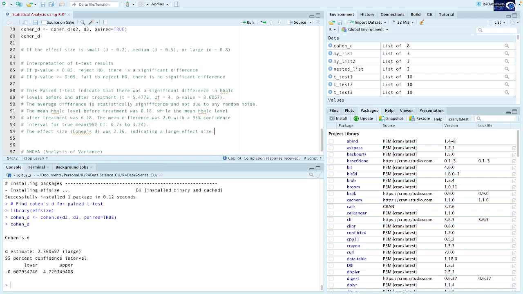Okay, so that is with the t-test. Any questions so far? Okay, if there is no question,